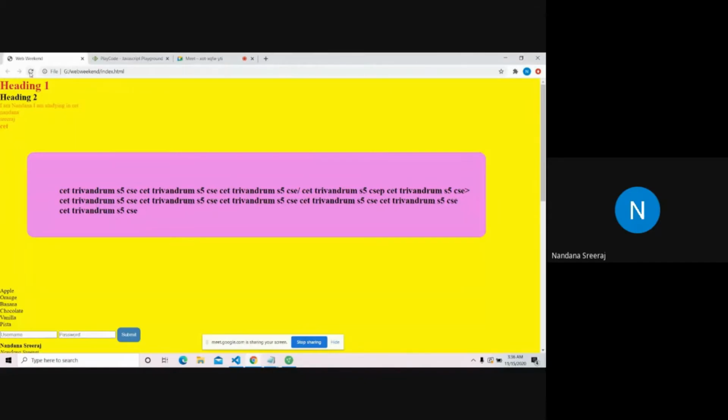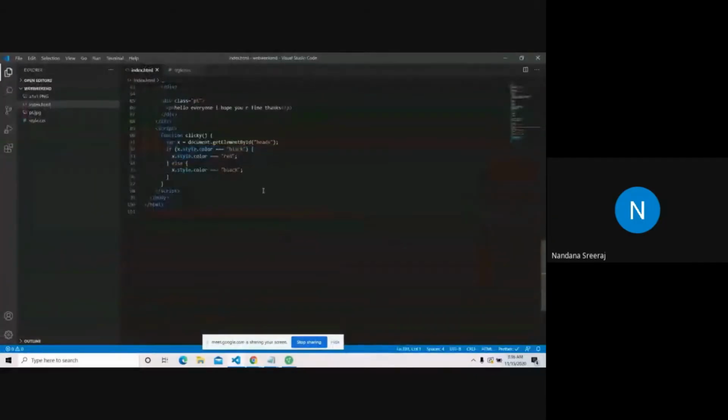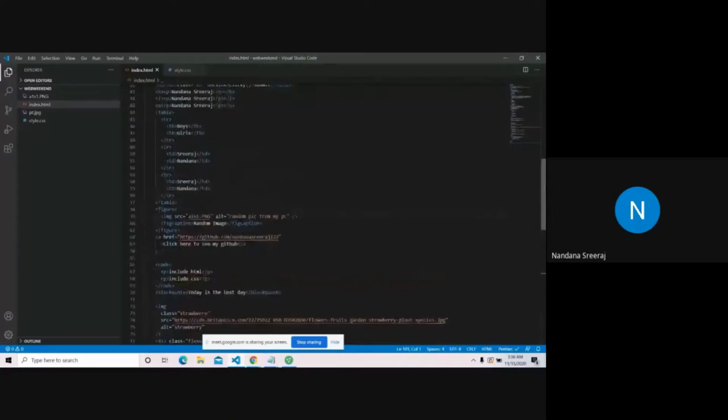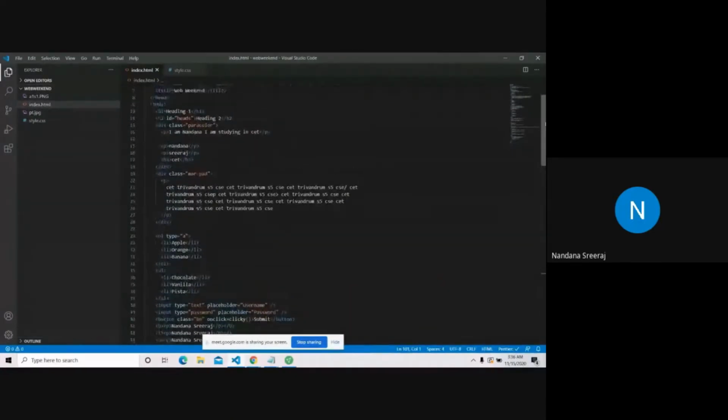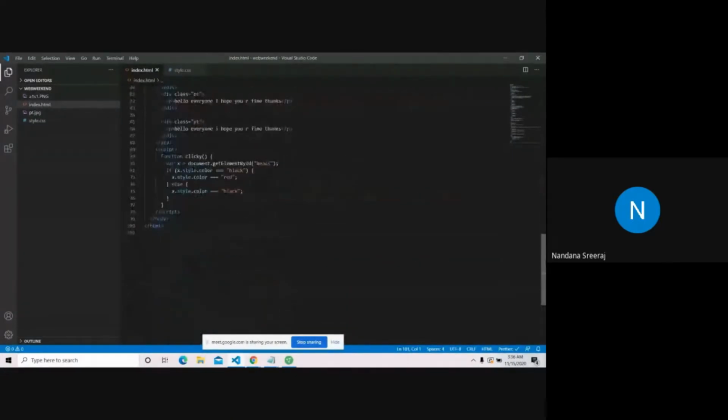It's not working, huh? I did something wrong then. Any spelling mistake or something? ID heads, getElementById. If x.style.color equal to black.